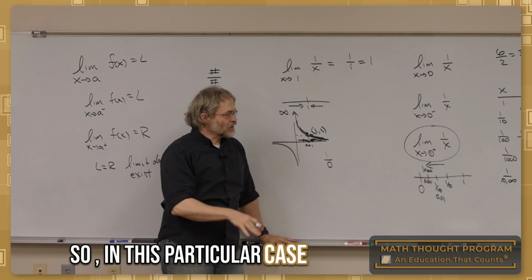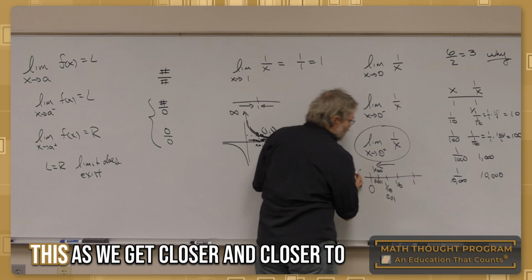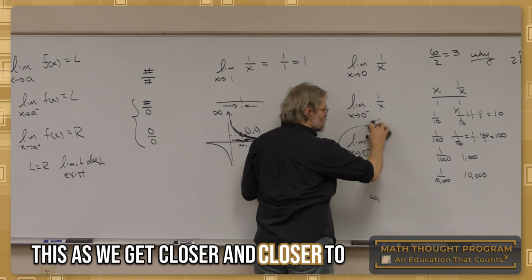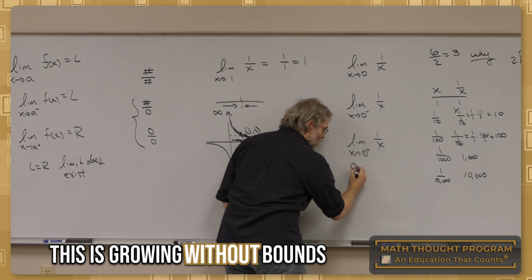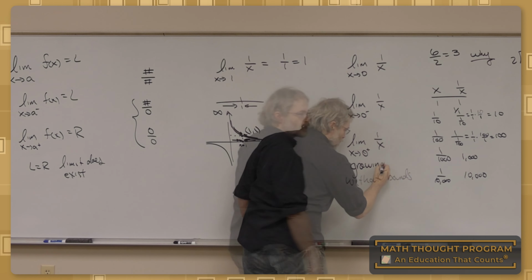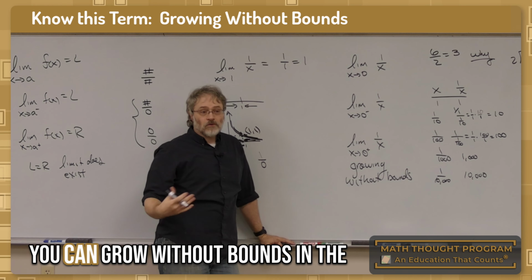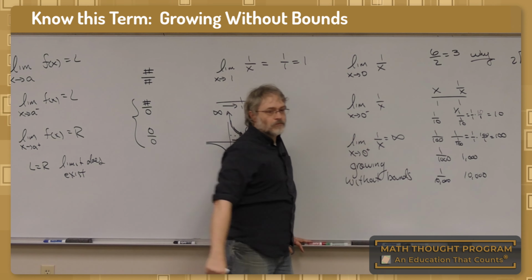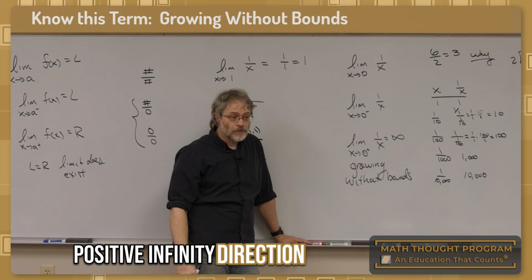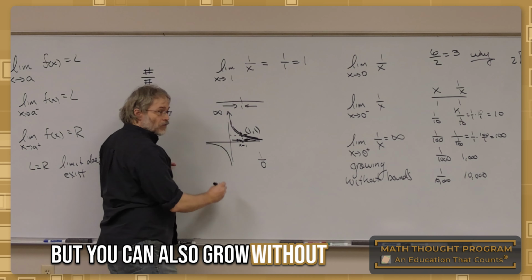So in this particular case, as we get closer and closer to the value of 0, this is growing without bounds. You can grow without bounds in the positive infinity direction,